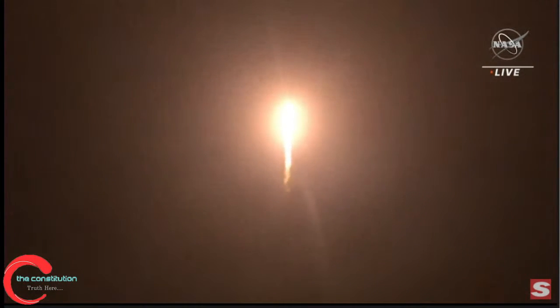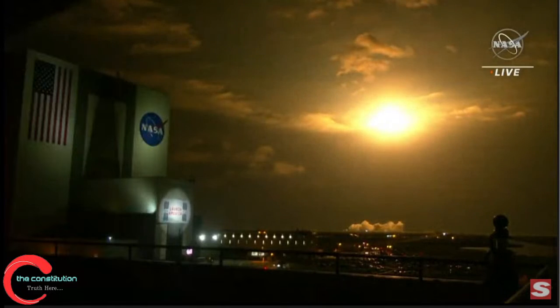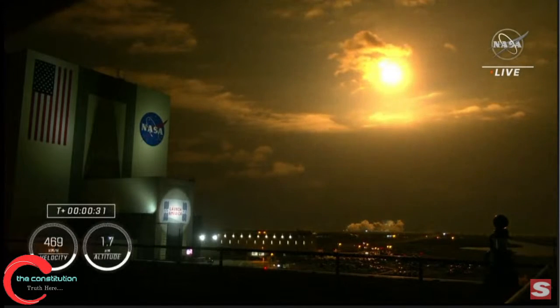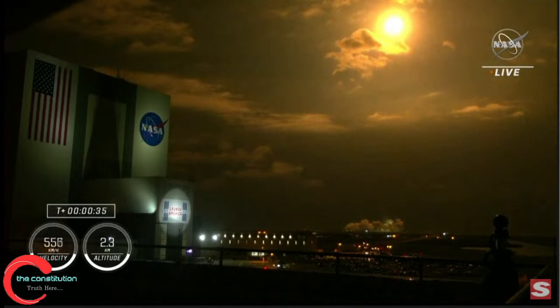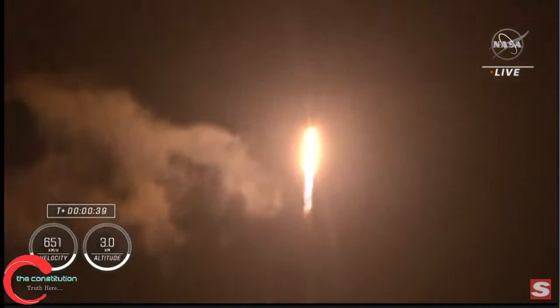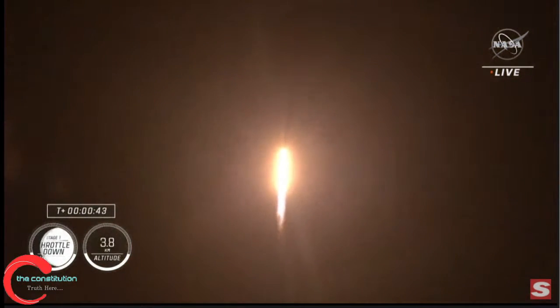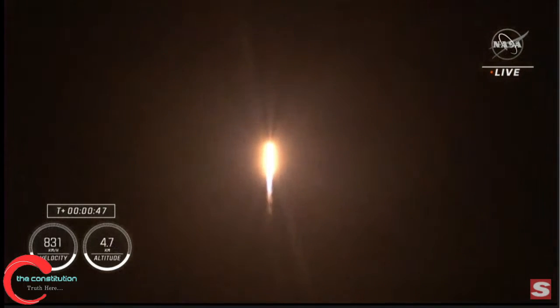The vehicle is pitching downrange. 9 Merlin engines on the first stage, providing 1.7 million pounds of thrust. Hearing good calls on first stage performance so far. We are T plus 30 seconds into the second rotational crew mission on board Dragon and Falcon 9. Falcon 9 will be throttling down the 9 Merlin engines shortly here in preparation